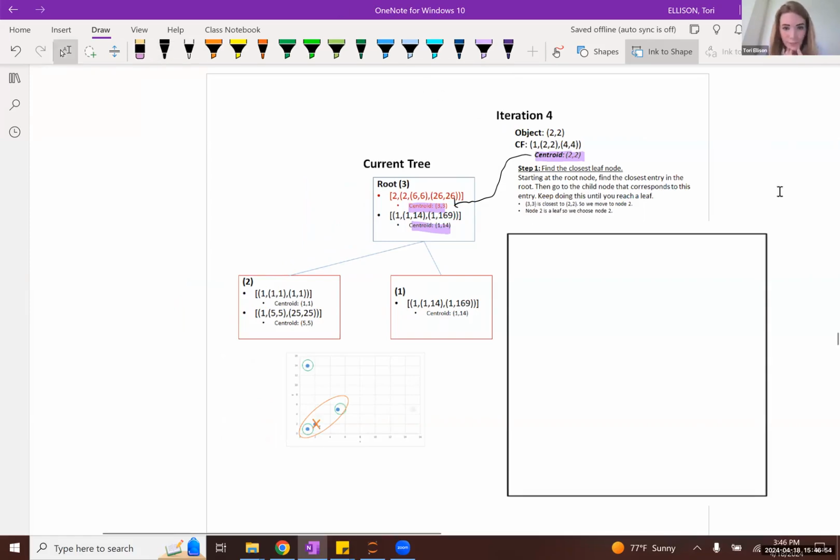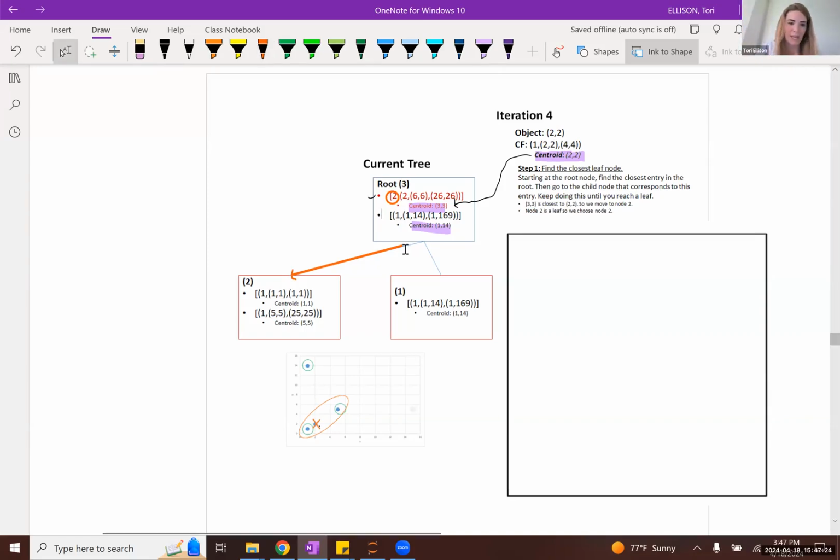And so what we do, because we selected this particular leaf node's centroid, we follow that leaf node. We go down the tree to the corresponding child node that we have selected. So we selected child node 2, so we move down the tree to this node.